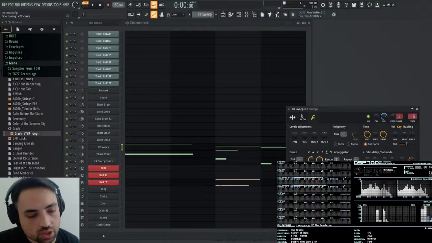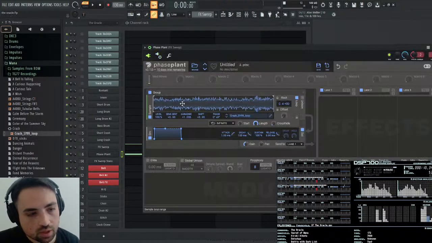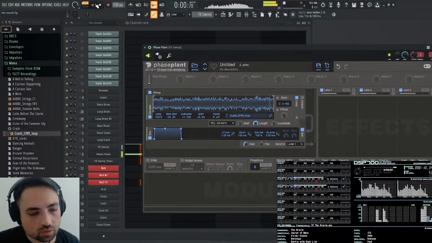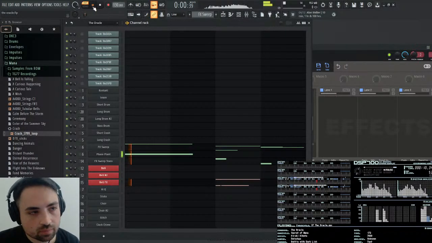So the fine tuning is 27 cents. So that means I need to go here and do 27. And then the semitones, I'm going negative 24 because it's going 2 octaves up. And the cents is only, let's see, 26. But that's weird. Oh wait, no, that's because I have the